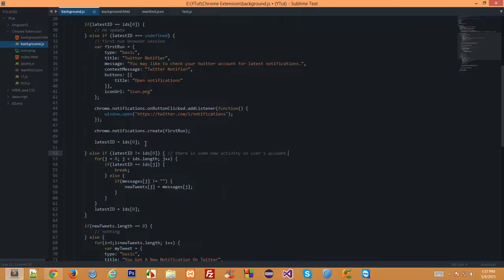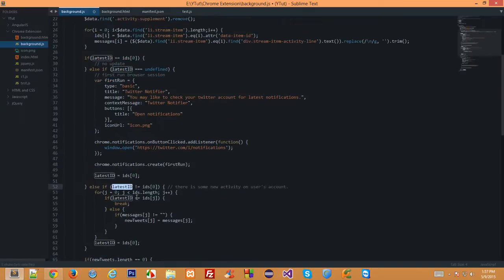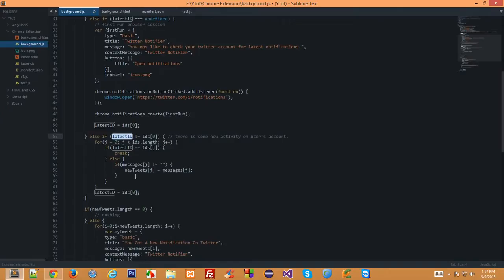So for that, we already have our old ID's latest ID, and with that we can loop over again and again unless we encounter this ID. So we are kinda in this loop finding all the new notifications